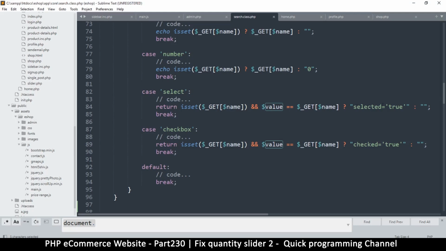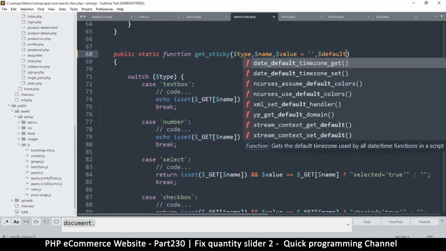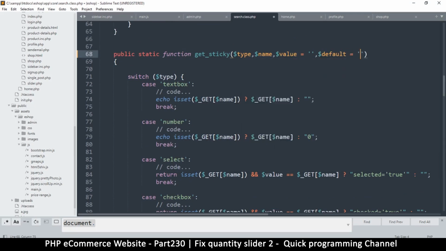Selected is equal to true. Oh, I see, that's the value. So what we will do here is put another one called default, and set it to empty, like so. So I'm going to copy this,